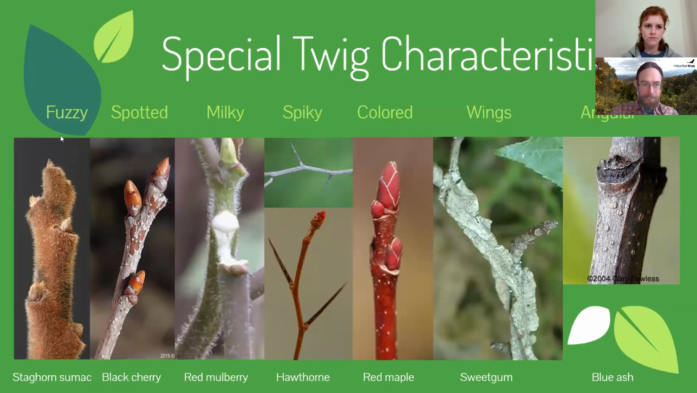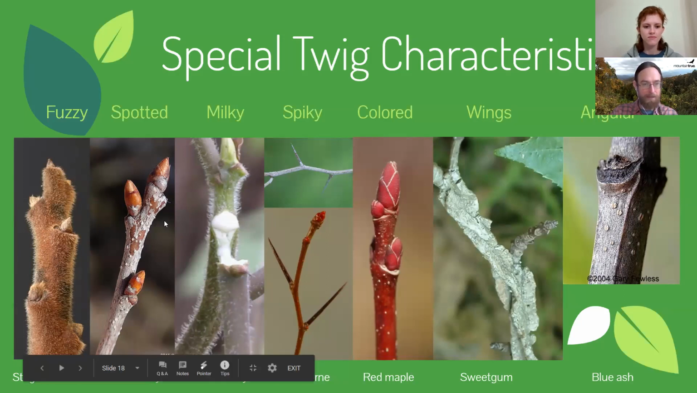Gosh, there are so many different things you can look for on twigs, much like leaves. You can look for if they're fuzzy or hairy, like this staghorn sumac on the far left. You can look and see if they're scaled or spotted, like,